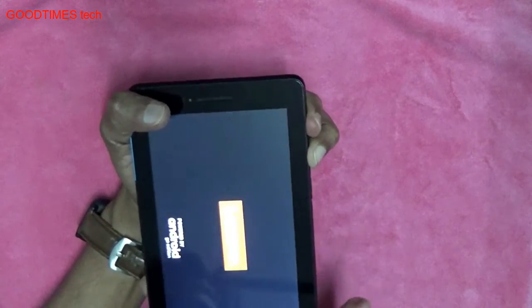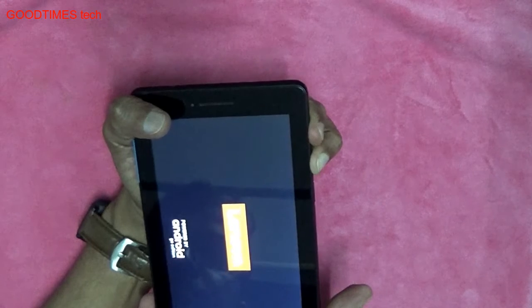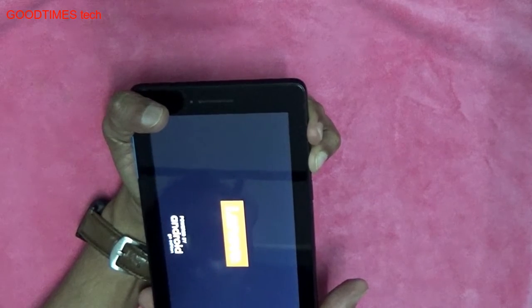Keep pressing, release the power key, and keep on pressing the volume minus and plus keys.